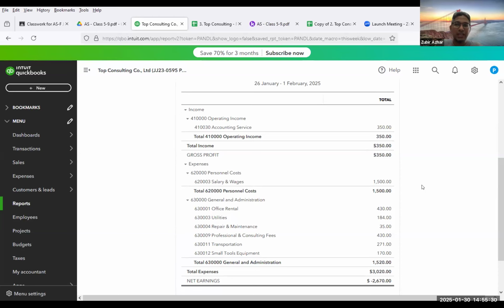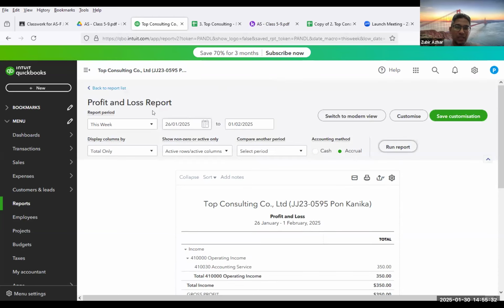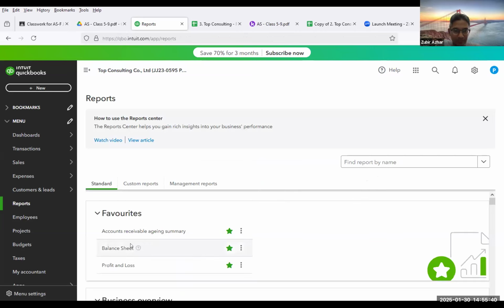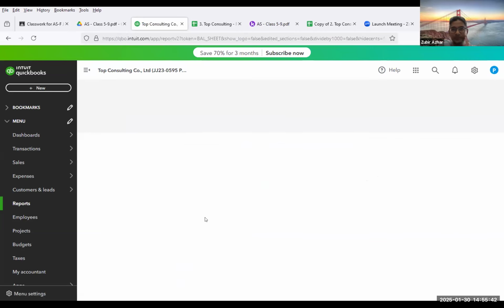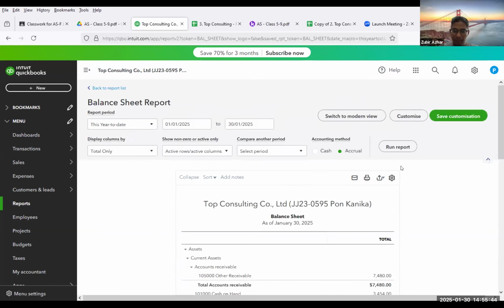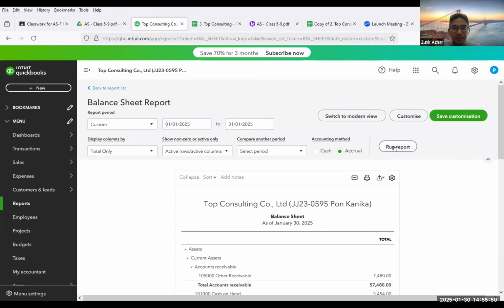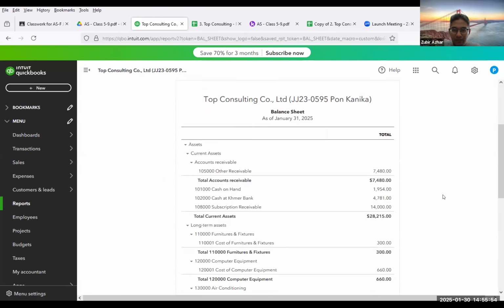Okay, now back to the list, and we want to see our balance sheet. Okay, you can change to 31st, run report, and you will see the whole month of January.